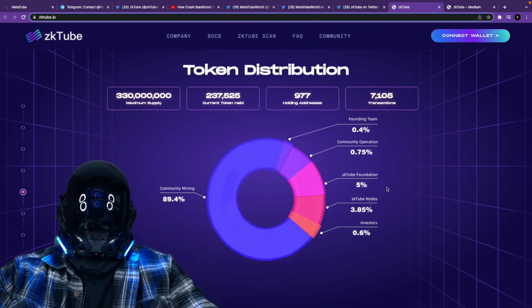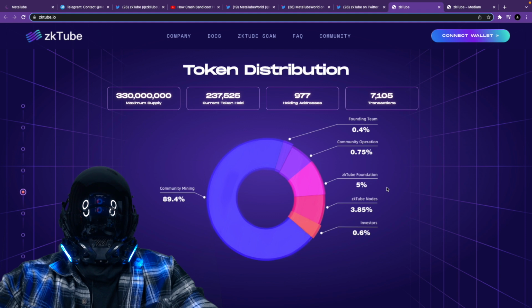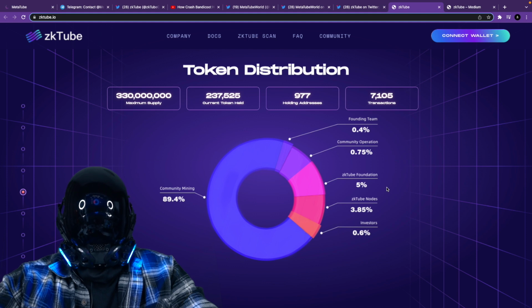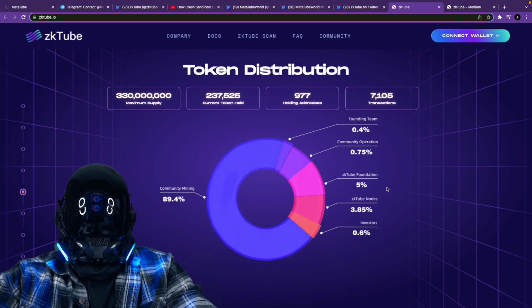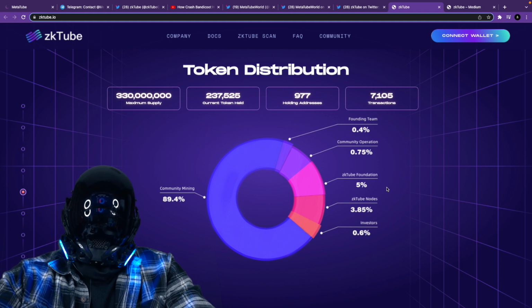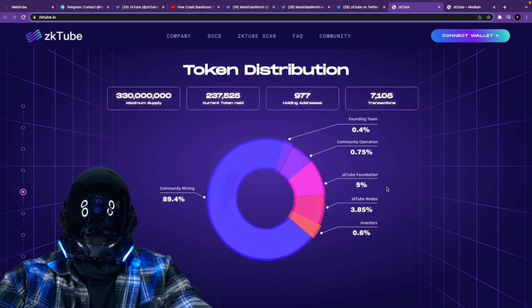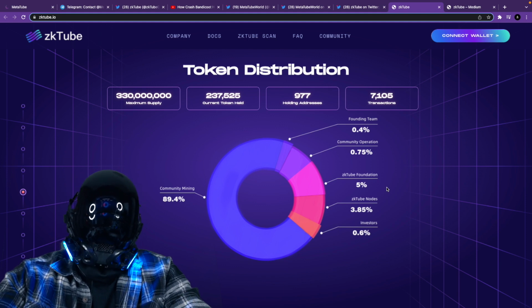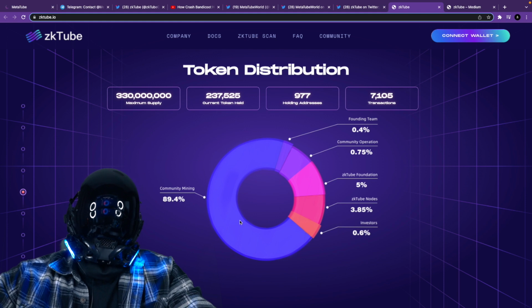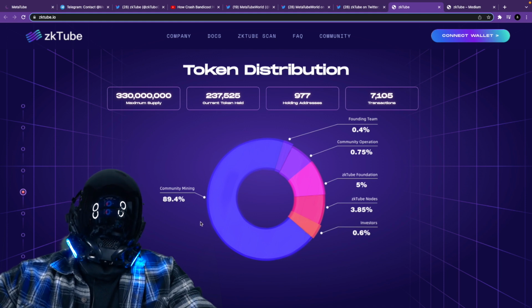A little bit about their tokenomics. How is zkTube distributing their tokens? Check this out, 330 million maximum supply. Unreal. There's currently over 237,000 token holders, 977 holding addresses, and 7,105 transactions. These statistics look unreal. What I want to highlight is this big blue portion of their token distribution allocated by